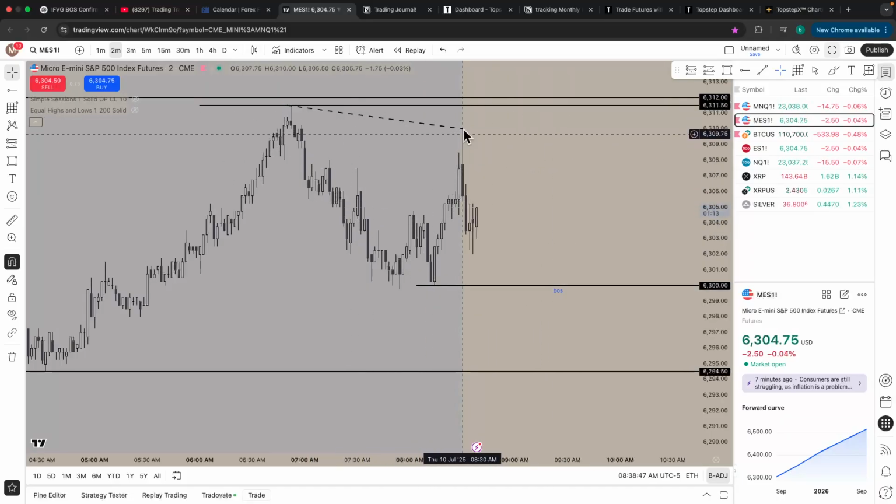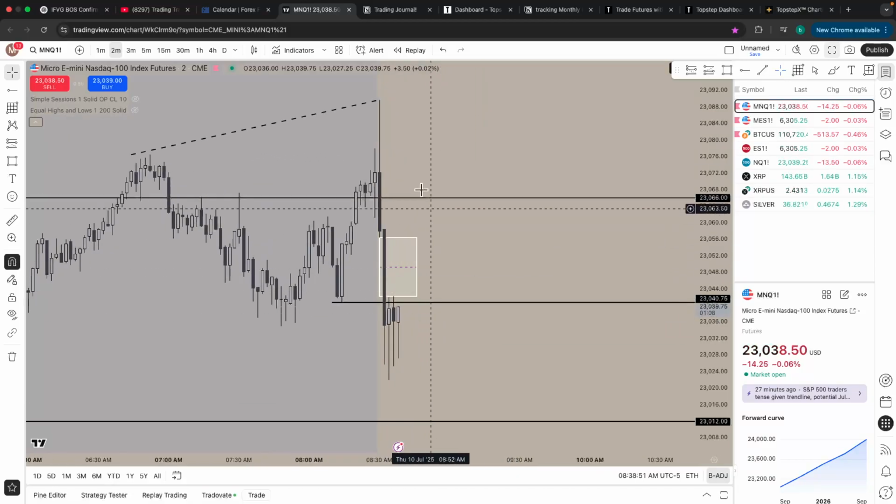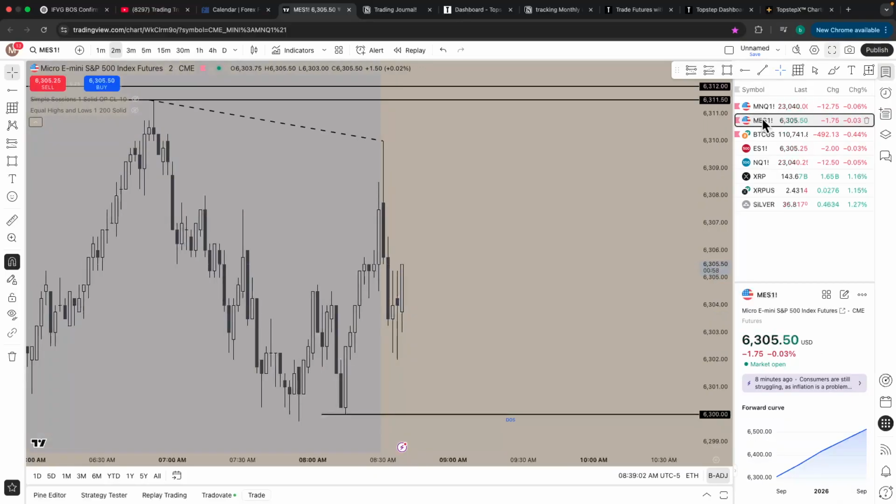Look at that. ES comes up and makes a lower low, and NQ comes up and makes a higher high. And what does that lead to? This downtrend, because NQ swept. Therefore, ES does not have to sweep. Okay, bro, what the hell? ES does not have to sweep. Oh, shit. But on ES,